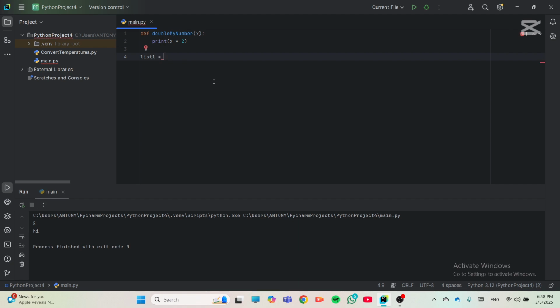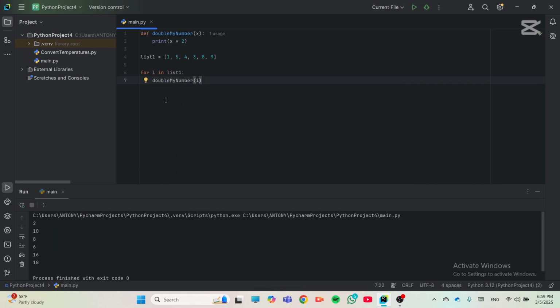So list1 will be equal to 1, 5, 4, 3, 8, 9, and then for i in list1, this will make i go through the entire list, and then instead of printing i, I'm gonna call my function double my number, which is i, and now let's run, and there we